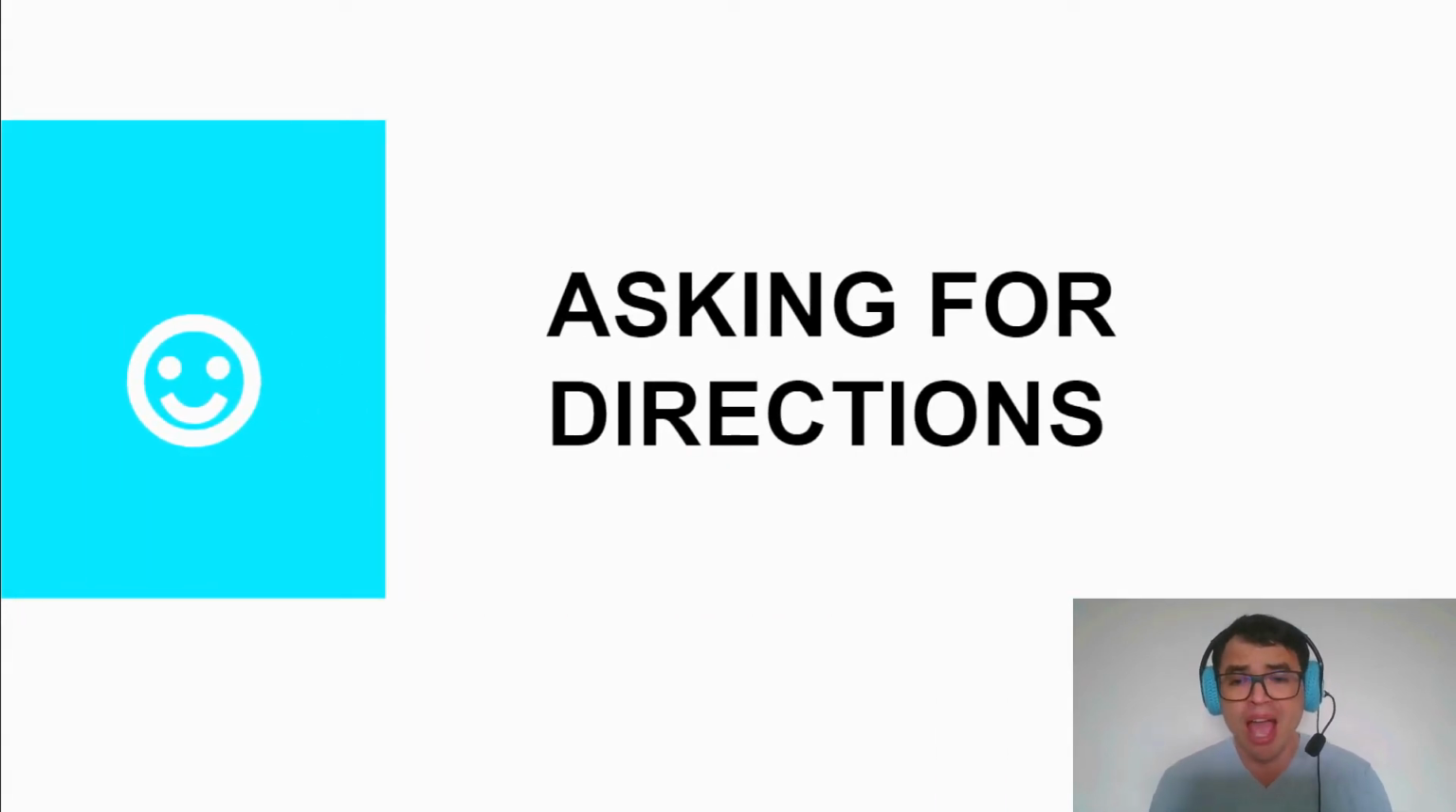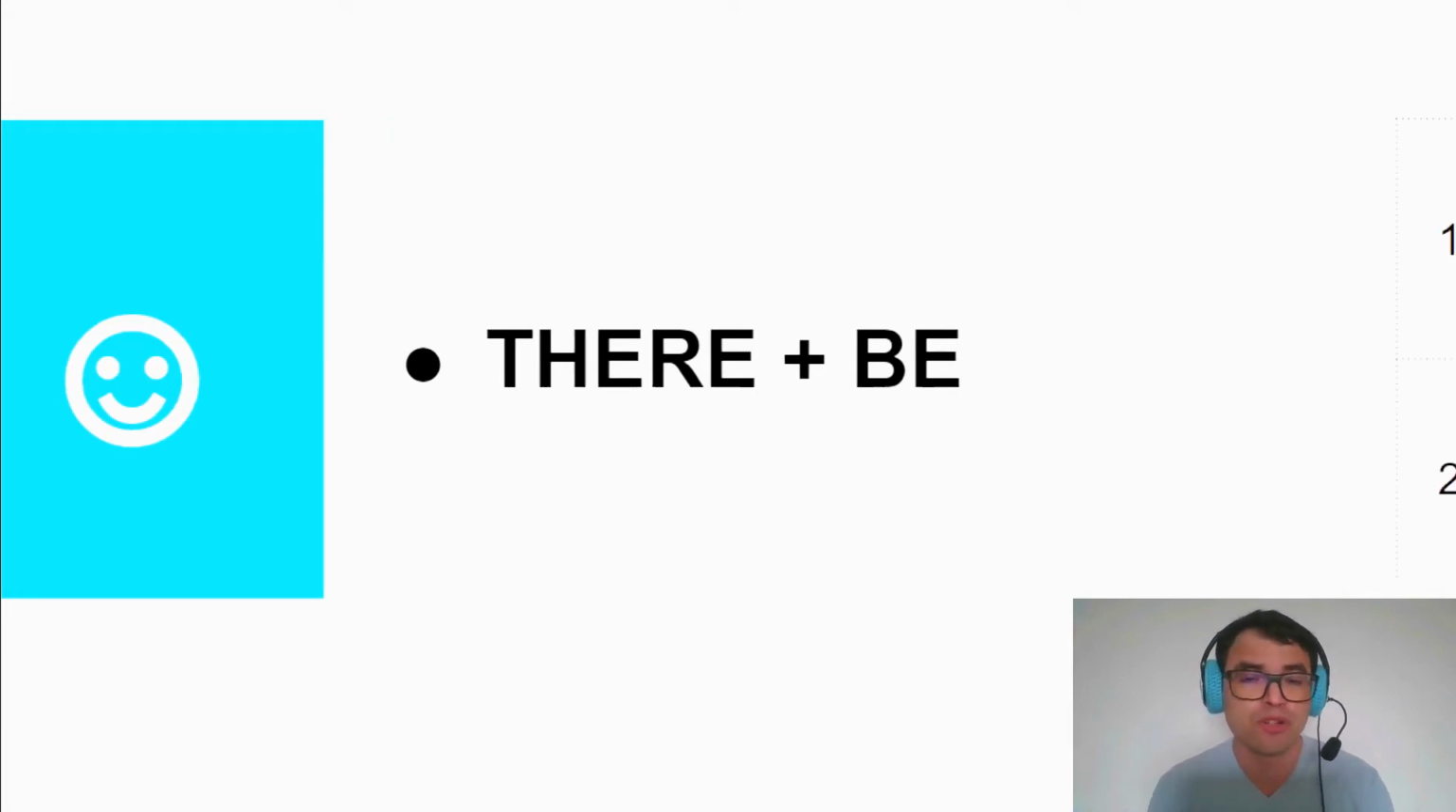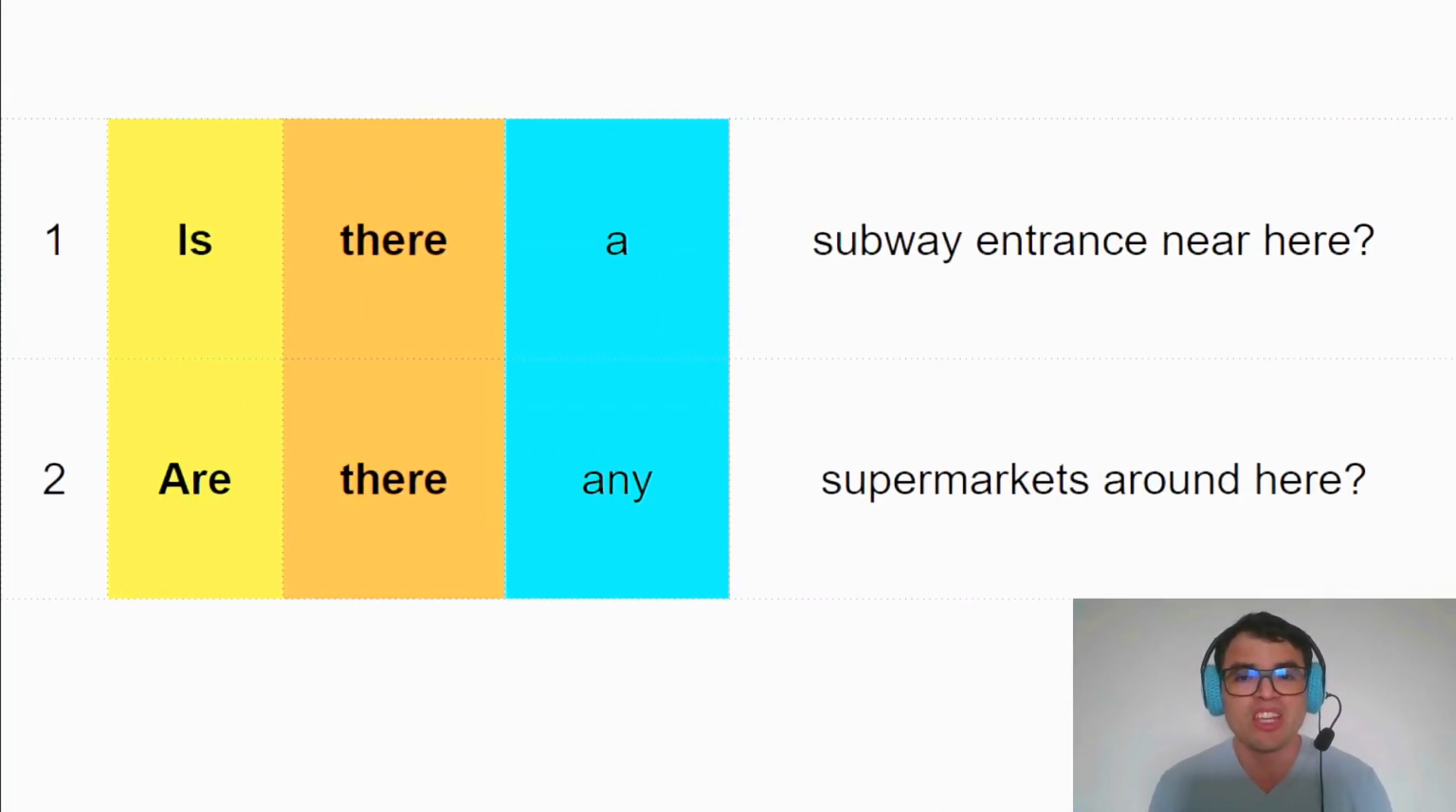You can also ask for directions using there plus be. For example, is there a subway entrance near here? Or number 2, are there any supermarkets around here? So what do you have here? You have first in yellow the verb to be, then in orange you have there, and after that in number